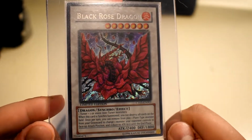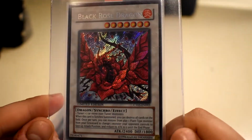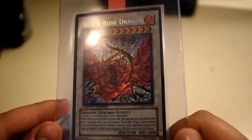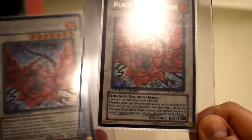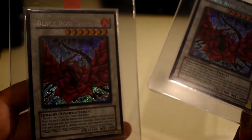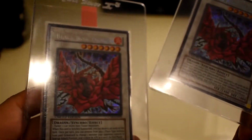So then this next card right here, this is my Black Rose Dragon I own from the collector's tin. I actually have 2 copies of this. Gonna just send these in because I really like Black Rose Dragon. I think it has one of the best arts in the entire game. And these 2 copies are really clean. I think the only issue with them is the centering is a little off, but hopefully that shouldn't kill their